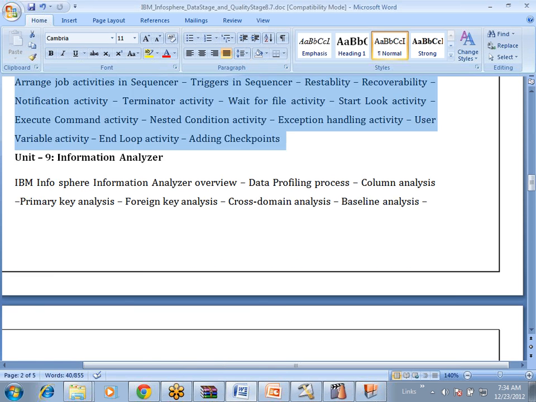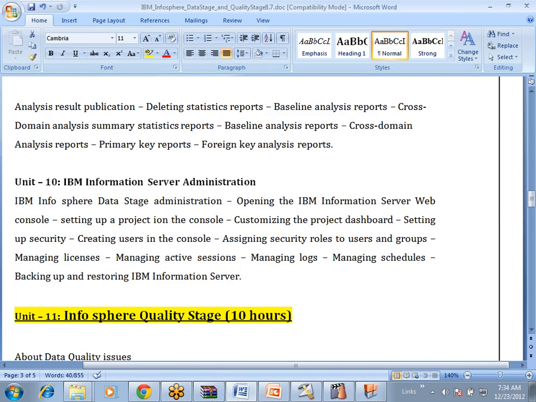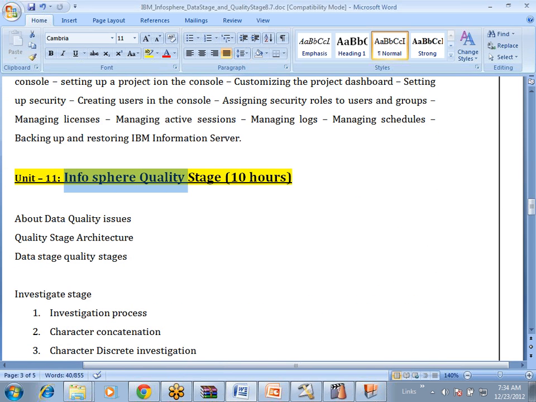And apart from this normal course, we will also discuss QualityStage. If you see nowadays, most of the requirements in Dice or any other job portal